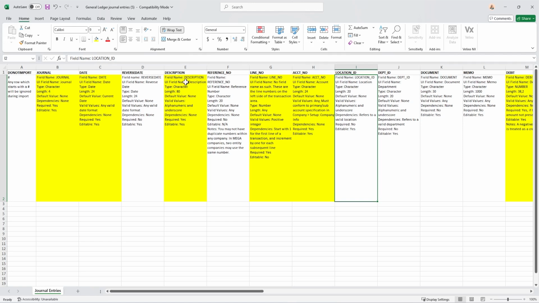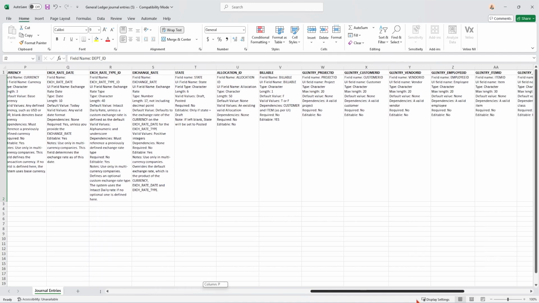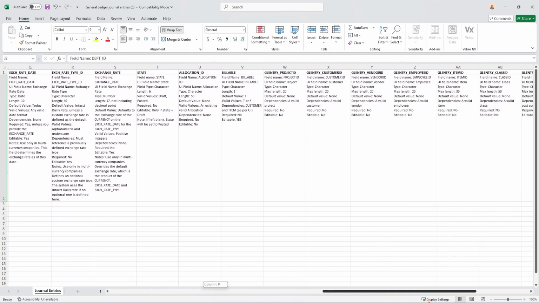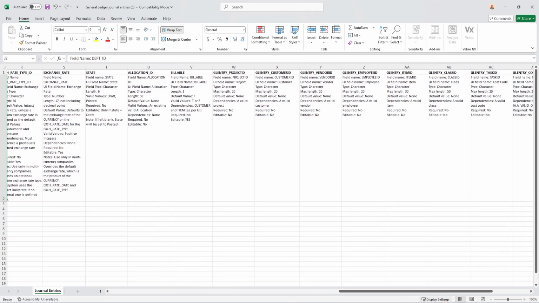Doesn't say it's required, but it is. So we're going to mark that off as required as well. You definitely do have to put in location. You may want to be coding to department. And in my case right now, for this particular transaction, I am going to want to make sure that I